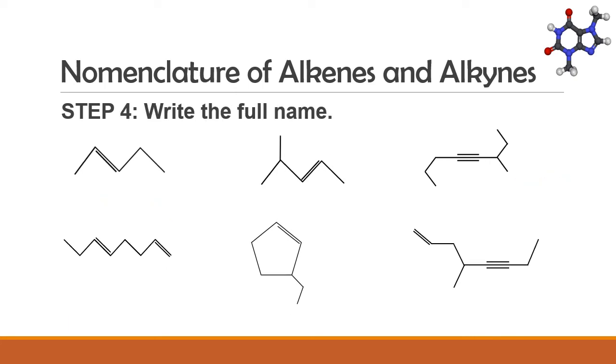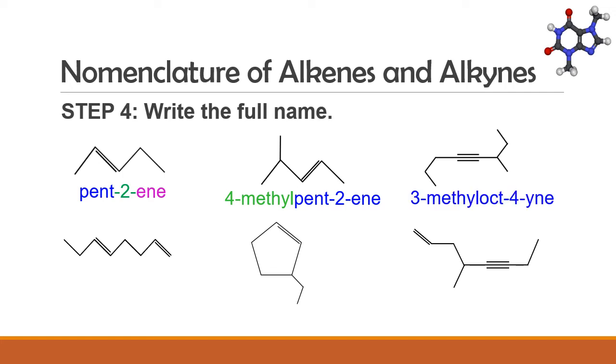Now applying the same basic naming rules, let's name these alkenes and alkynes by putting together the name of the side chain and the name of the parent chain. The first one is pent-2-ene. Note that the carbon number is written after the number prefix but before the "ene" suffix. The next one is 4-methyl-pent-2-ene, then 3-methyl-oct-4-yne. Then we have